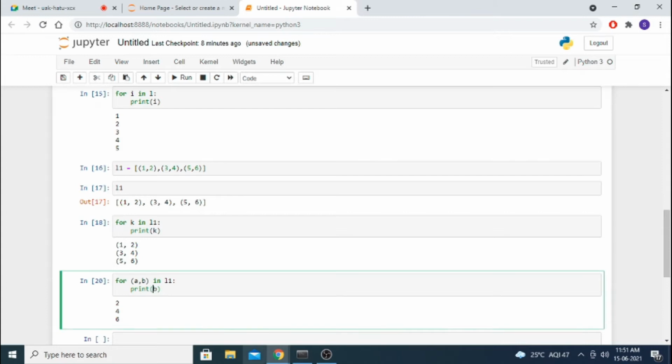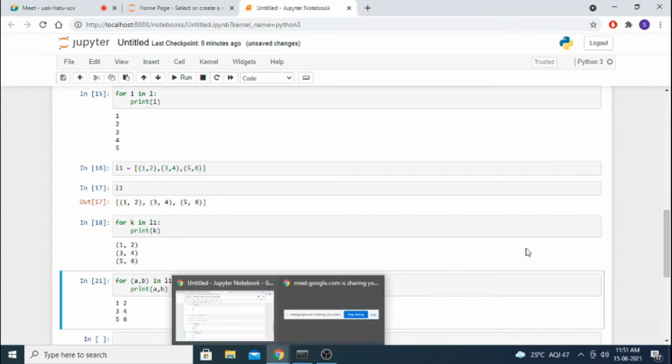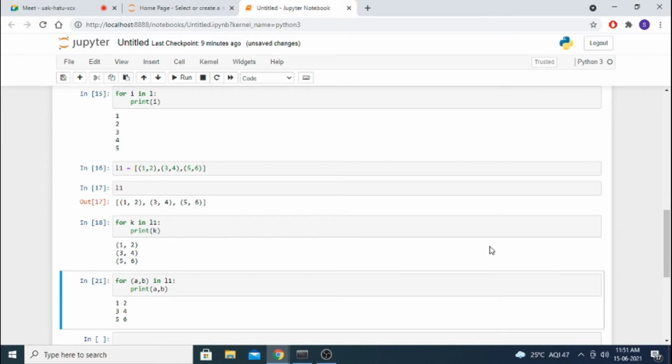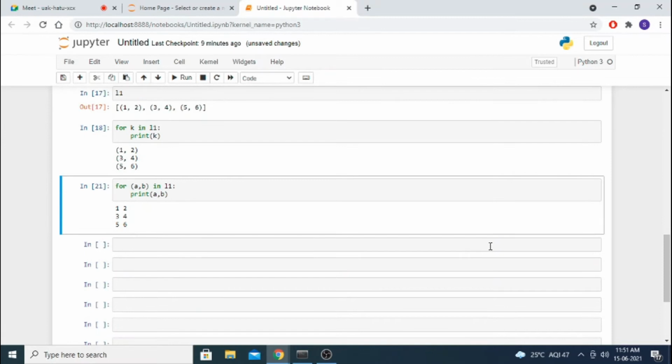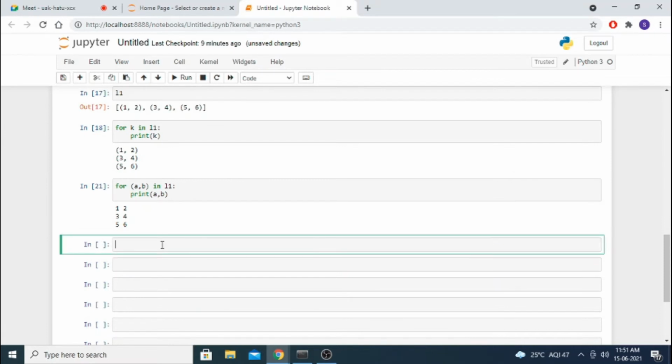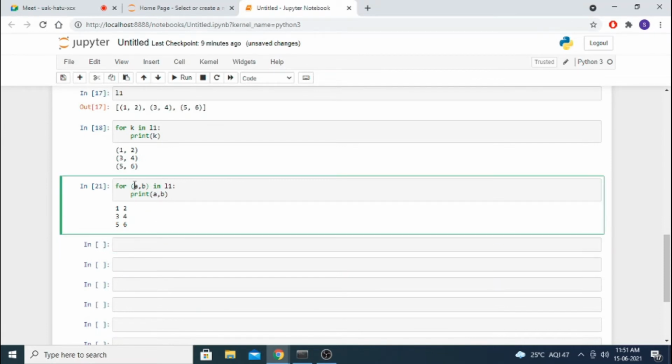If you want a, b, you can give a, b. So what I am trying to say is we can handle them separately or all together. And one more beauty here is there is no need of the parentheses. We can remove the parentheses and it will work. A, b in L1, it will take the iteration like this.